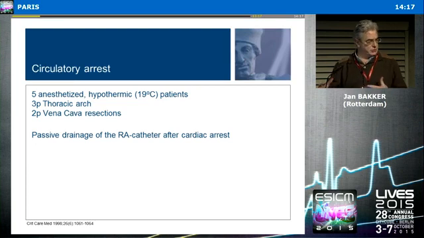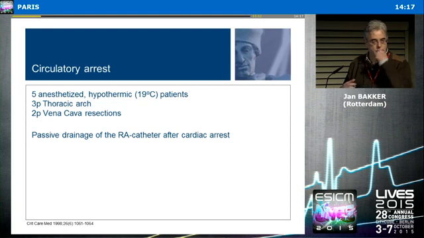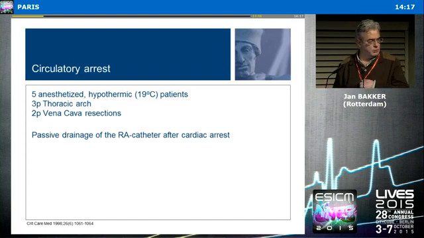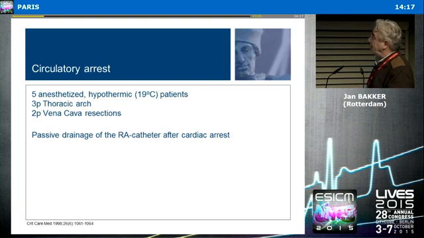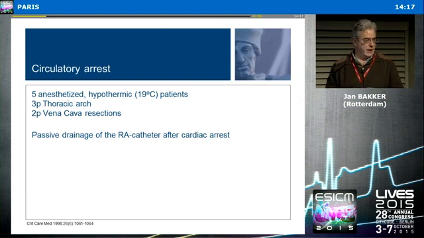Now, how to measure this stress volume? If the stress volume is very important, then how to measure it? Well, that's a little bit difficult. Maybe Sheldon will not go into this, but he's probably the only one who did this in an intact human being. Already quite some years ago, in 1998, what he did is he drained the right atrium in